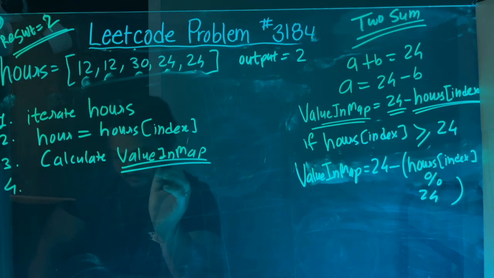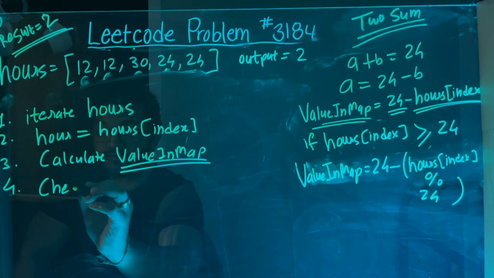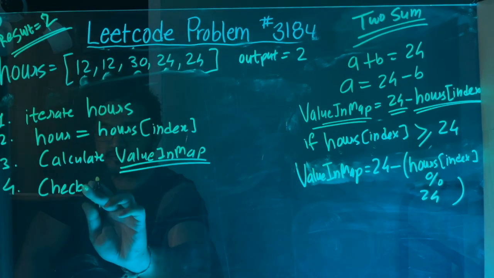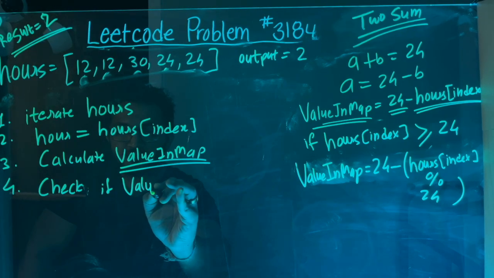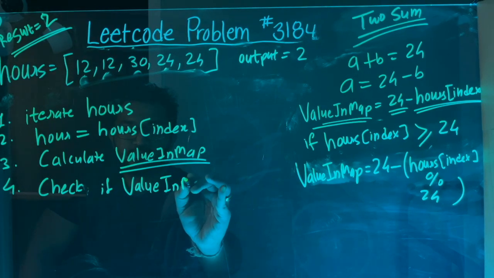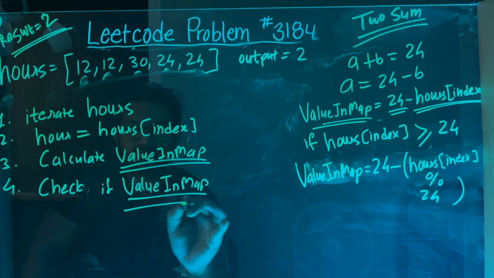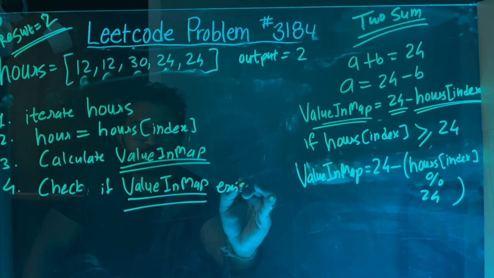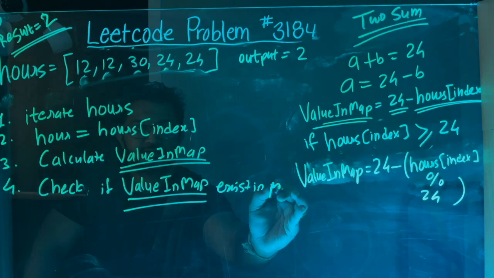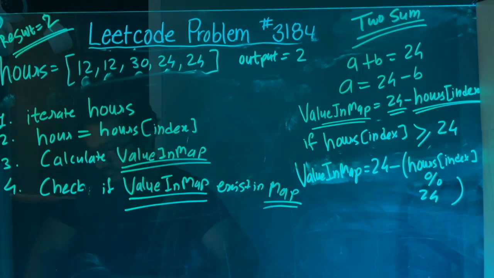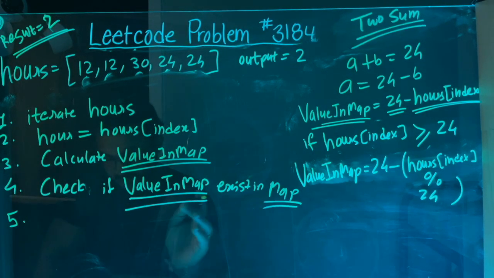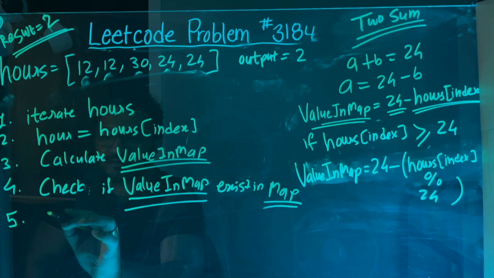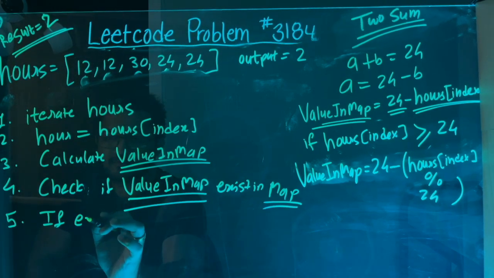The fourth one will be to check if the value in the map exists in the map. In the fourth step, we are going to check whether that value exists in the map. If it exists,